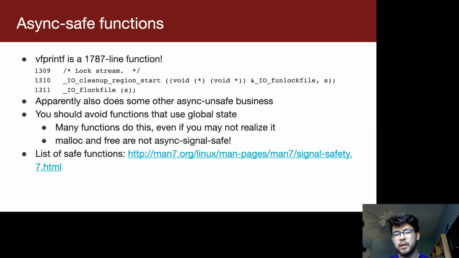And so to explain what's happening here, why this locking is so problematic, let's say that you're in the middle of printing something really long inside of main. And so you get past line 1311, and you've acquired this lock on the file. You set the bit that says, this file is locked, please don't print to standard out right now. And then, just after that, the signal arrives, and you go to the signal handler. And now you start running printf inside of the signal handler. Well, what does printf do? It runs this exact same code. So it gets to line 1311, and it tries to call flock, but the bit is already set. The lock is already acquired. And so